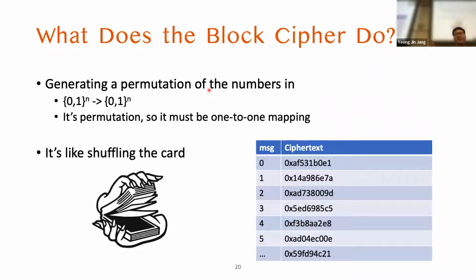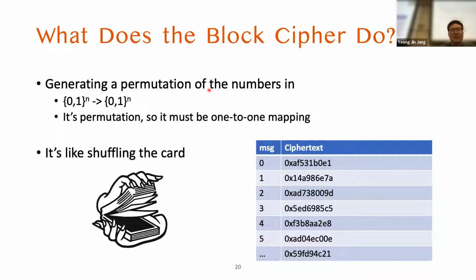The permutation is something like you have a set of numbers, and it's like shuffling cards. And if we have the identical set of cards, and we number them 0 for the first one, 1 for the second one, 2 for the third one, and so on, then two parties can agree on the same sequence for the